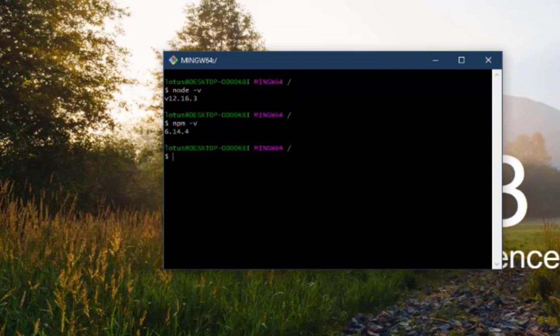I think we did this already before. But there you go. My npm is also working. So now I know I can install it. So to install Gatsby project, I'm gonna type npm